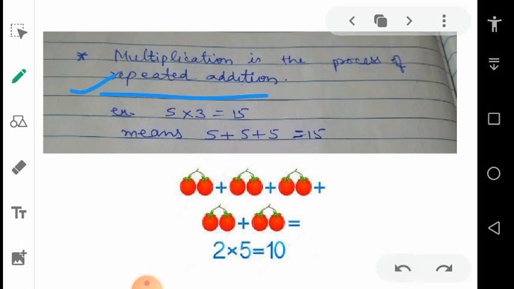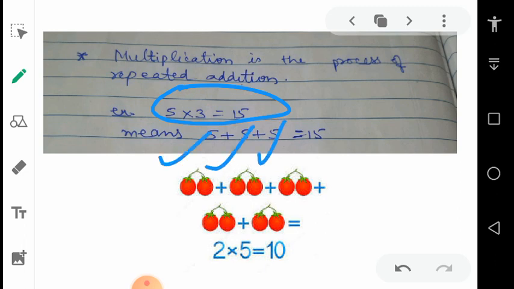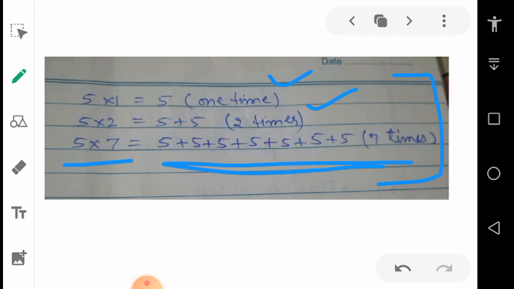It is nothing else but repeated addition. As we can say, if 5 threes are 15, we can add 5 to itself 3 times. So here it is 5 plus 5 plus 5. Both are similar, but if we want to write 5 many times, then it will be difficult. So we developed and used some techniques to write the repeated addition in a shorter way. Now in the next slide you can see it well.